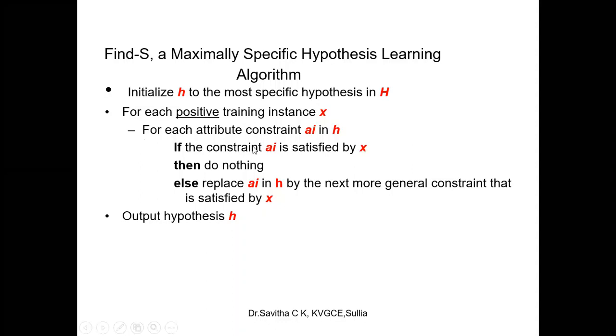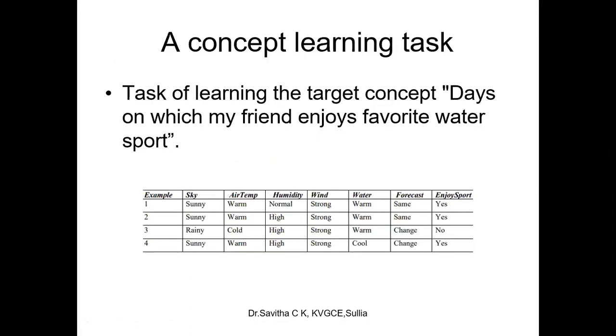Then for each positive example, for each attribute in the example, if the attribute value is equal to the hypothesis value, then do nothing, else replace the hypothesis with the more general constraint. Finally, output the hypothesis. This algorithm is explained by taking the example of a good day for water sports. This example contains 4 training examples with the attributes sky, air temperature, humidity, wind, water, forecast, and